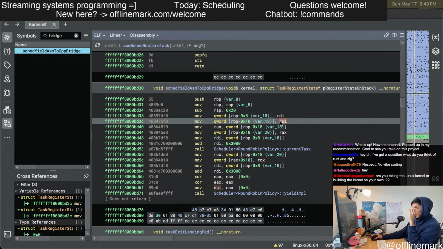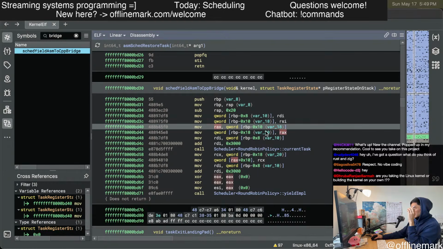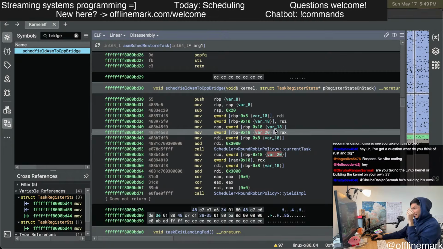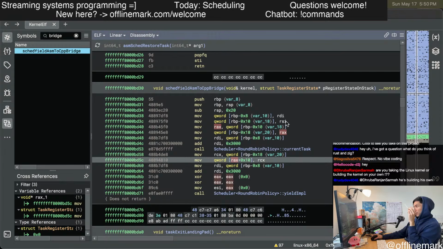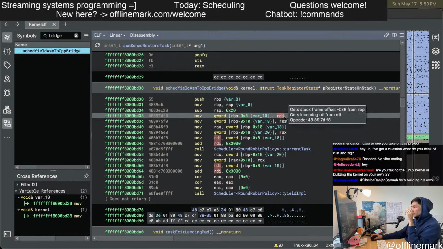RSI gets stored onto the stack for some reason, and then loaded back out as RAX, stored back on the stack. I believe here RAX is the pointer. Wait, no, RDI is the pointer to the kernel.